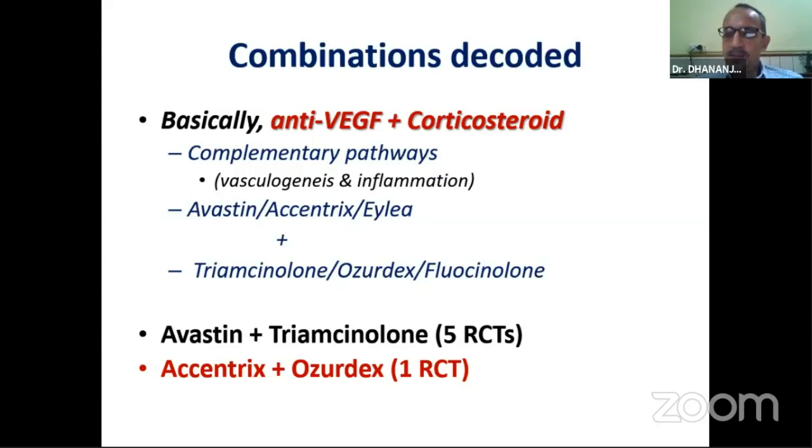We know for ages, actually, since Tony Adamus said in an editorial, and actually there was an IVOS devoted to it, that is diabetic retinopathy an inflammatory disease? And yes, now we know that it is. So there are two pathways, vasculogenesis and inflammation, both of which have to be addressed. So we combine various anti-VEGFs with one of the few steroid options we have available. Most of the randomized trials so far, even with the recent search, are only on Avastin and triamcinolone, the good old buddies. And the recent ones, Excentrix and Ozurdex, there is only one randomized trial.